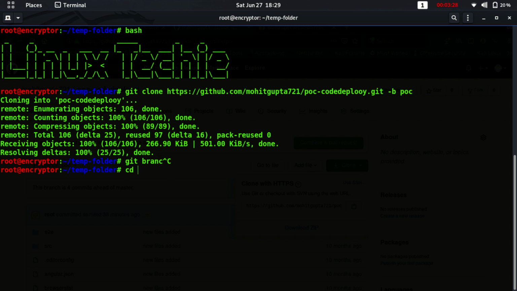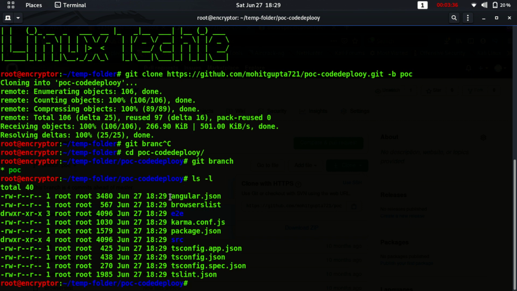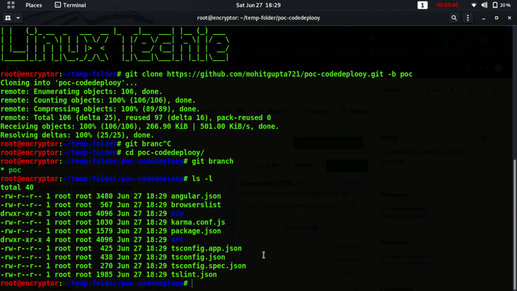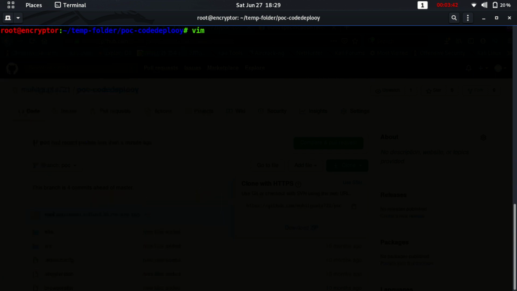Let's switch into the directory and check the branch. Yes, it is POC. And now we have to write a buildspec YAML for this. So let's just create buildspec.yml.